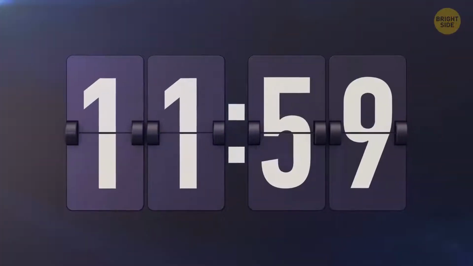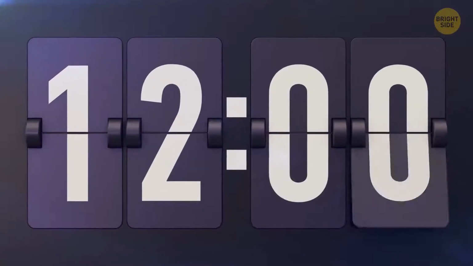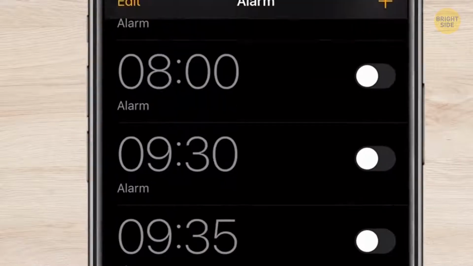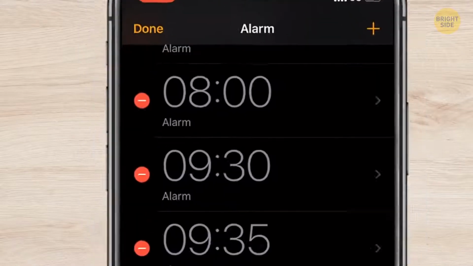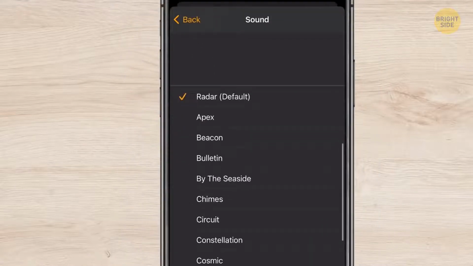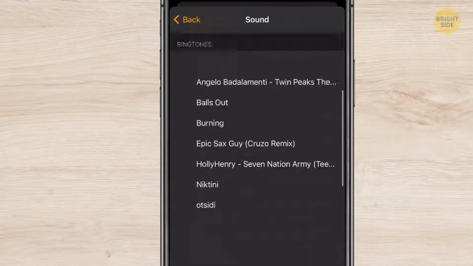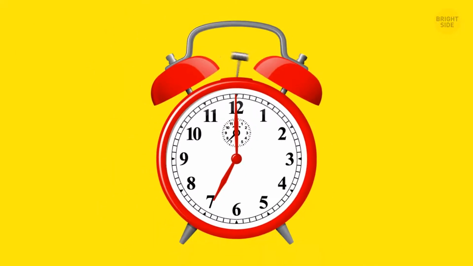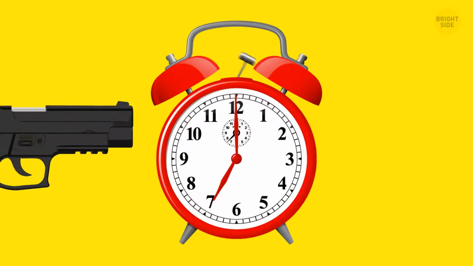You can actually set any song you like for the alarm clock. Go to Alarm and press Edit in the right upper corner. Tap the alarm where you want to change the melody. In the Sound section, choose Pick a Song and go for any song added to your library. Disclaimer: your best loved song will probably turn into your most hated song a couple of days after setting it